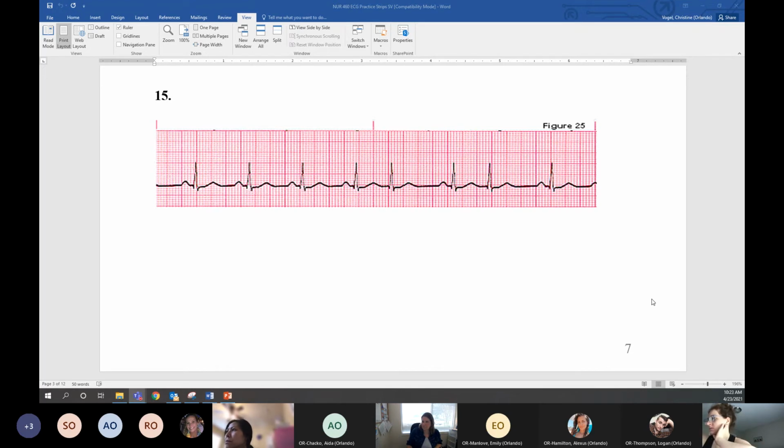Underlying rhythm? Sinus. Sinus rhythm with? Is it PACs? Okay, so I'm not close. I'm not seeing a P wave here. You would see a P wave with a PAC. It would just look different than these P waves. So if the P wave is absent or inverted,